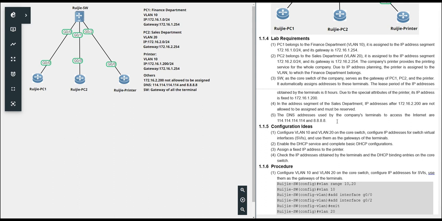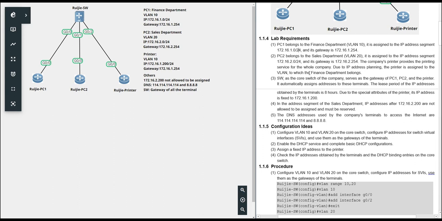Because in your real network, if you want to visit the internet, maybe someone will directly use a URL address like www.google.com, right? Nobody will remember what's the IP address of this URL. So who can help us to get the IP address? This is a function of the DNS. So these are the basic requirements.